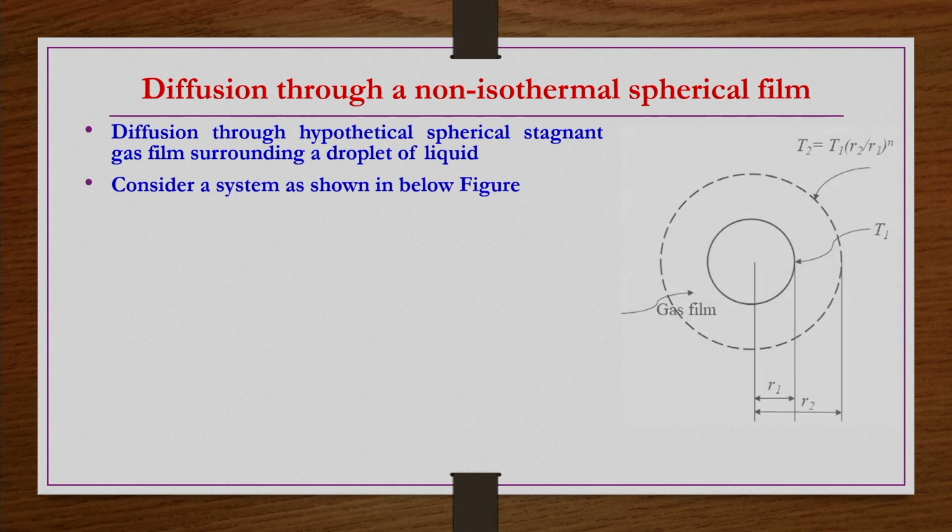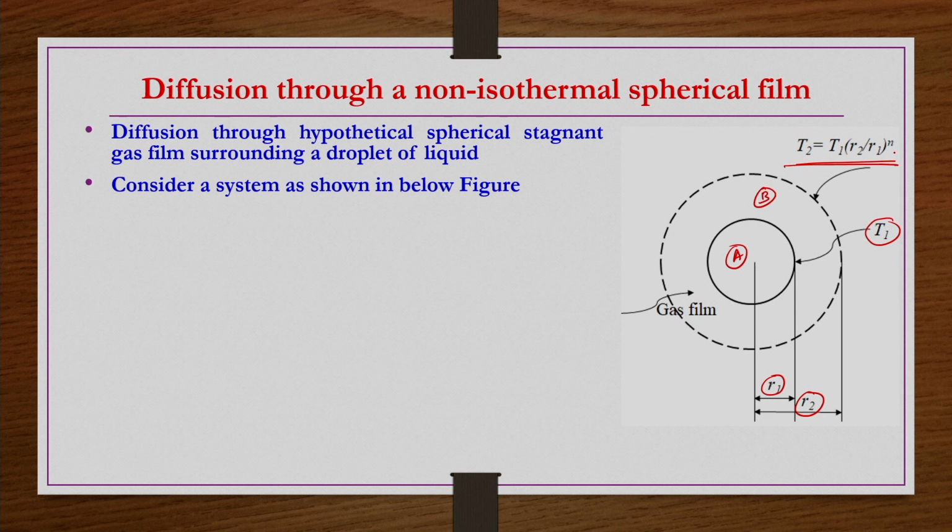So, consider the system as shown here in the picture. We have a droplet which is made up of component A, and then gas film component B is there. The radius of the droplet is R1, the radius of the gas film surrounding this droplet is R2. The temperature of the droplet surface is T1, and the temperature at the gas film is a function of the ratio between these two radii to the power n. So, that is T2, which is given as T1 multiplied by R2 by R1 whole power